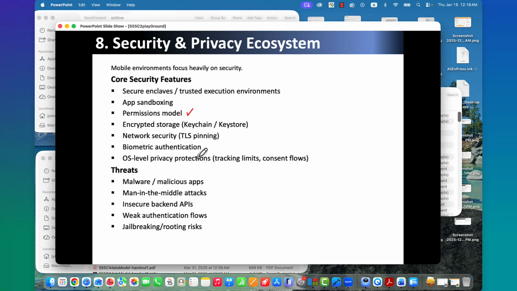So all different kinds of permission models are already available, so you simply use them. Okay.